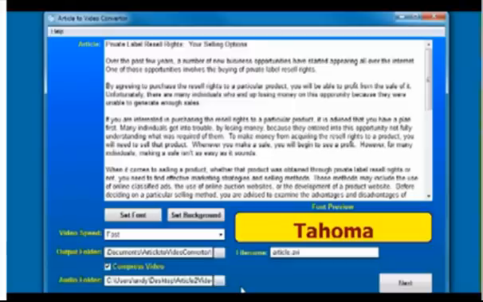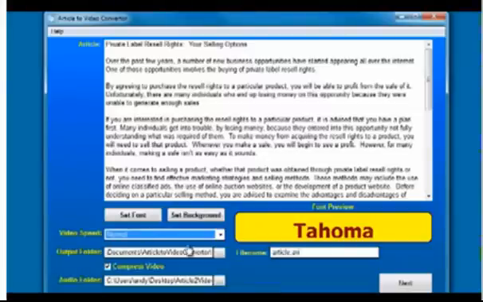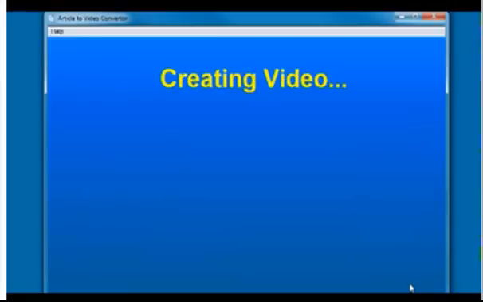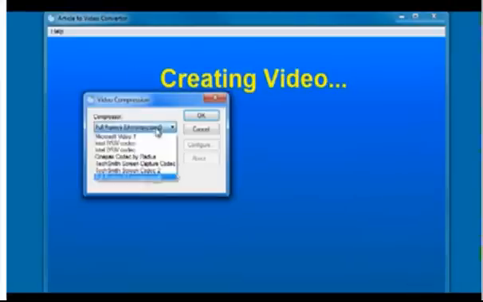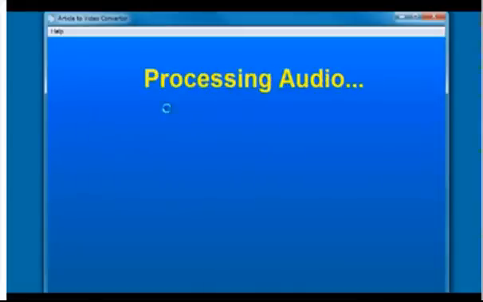If I didn't like the audio that it had picked, then let's just set this to normal. I'm not going to change anything else. Each time I click next and it generates this, it will recreate it using a different audio file, because it's picking one at random from the folder. If I show you the folder that I'm using,